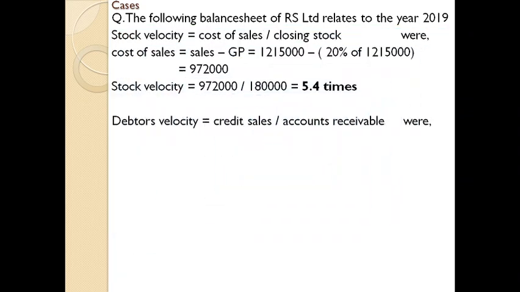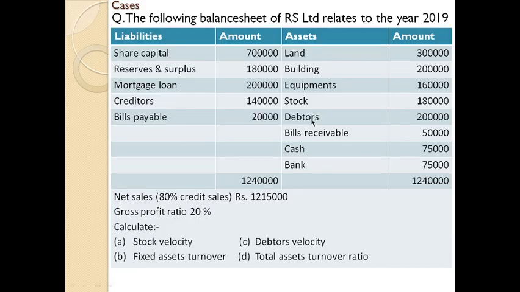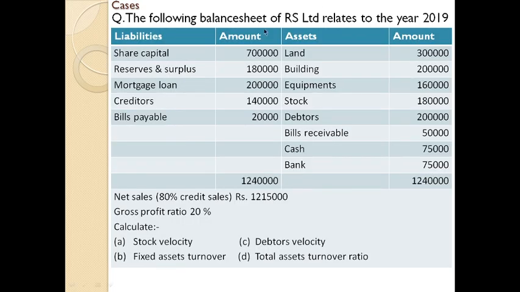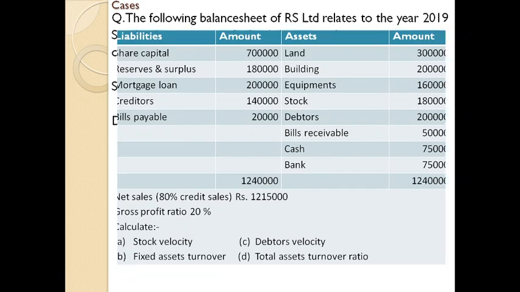And account receivables. We all know account receivables means debtors and bills receivable. And in the debtors velocity or debtors turnover ratio, we learned that it is credit sales divided by average account receivable. We all know when to take average account receivable. Whenever the account receivables details regarding opening as well as closing are given, you need to take the average. Since there are no details regarding opening and closing, and the only details are debtors 2 lakh and bills receivable 50,000, we just take those two amounts. No average, nothing. So make sure the amount you are taking depends upon the nature of the question.